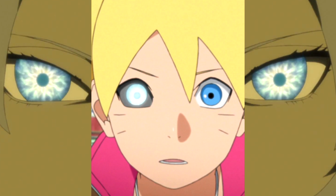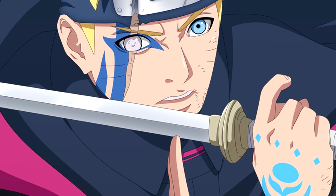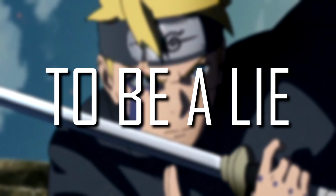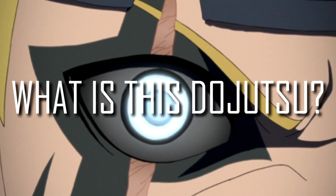of one. Now, if you read the manga before the anime came out, it seemed like when they did the time skip in the first chapter that Boruto possessed a Byakugan, but when they displayed it in the anime, that was determined. So for me, I had to run through all the possible explanations for what type of dojutsu Boruto